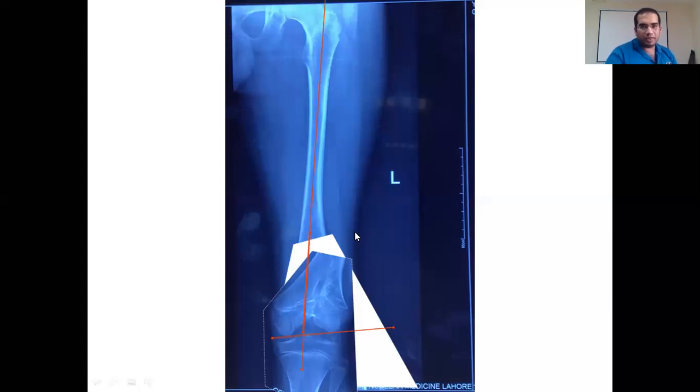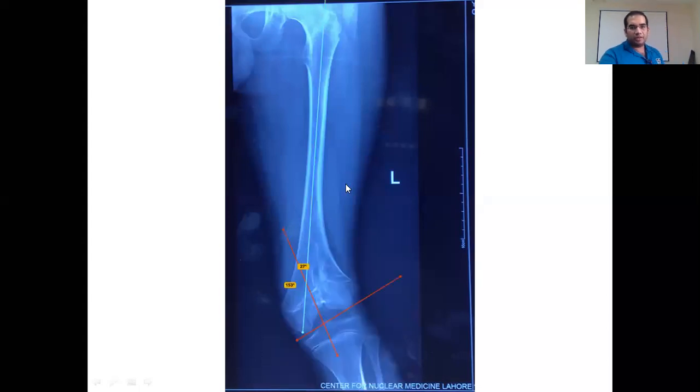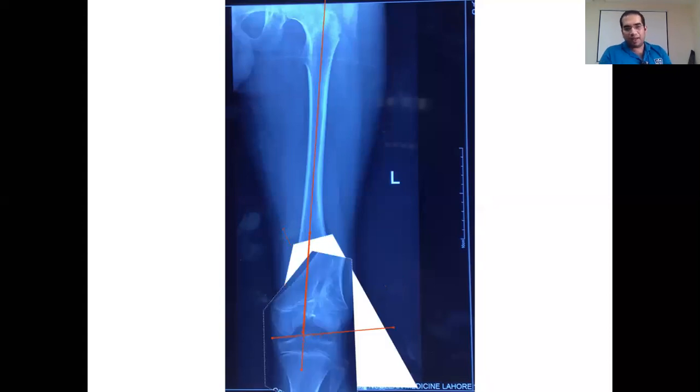Okay, so this is an X-ray. This is a patient, a young boy of about 14 years. He had damage to the lateral physis of the distal femur, which resulted in a deformity. As you can see in this bone, he had 27 degrees of deformity, and along with that he had about 3 centimeters of limb length discrepancy. So in this patient, I planned to not just correct the deformity, but also gain some length while correcting it. This was my planning.